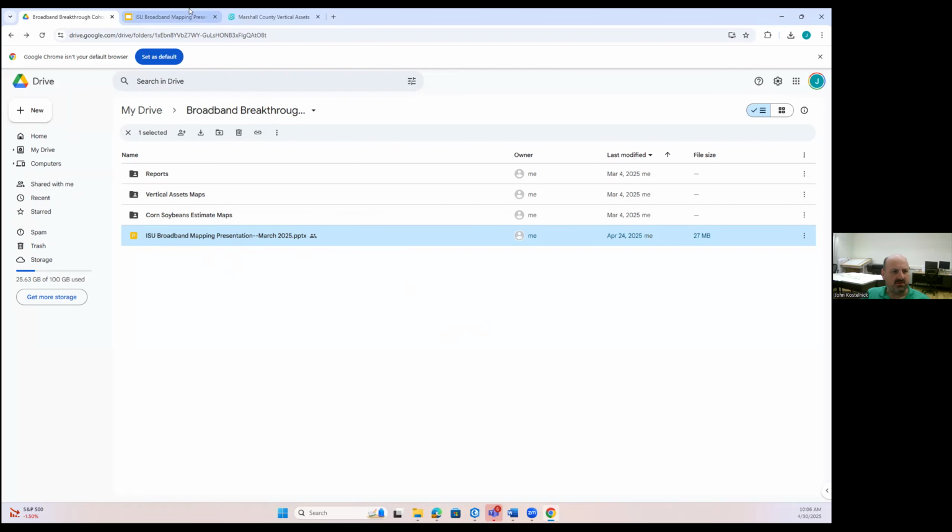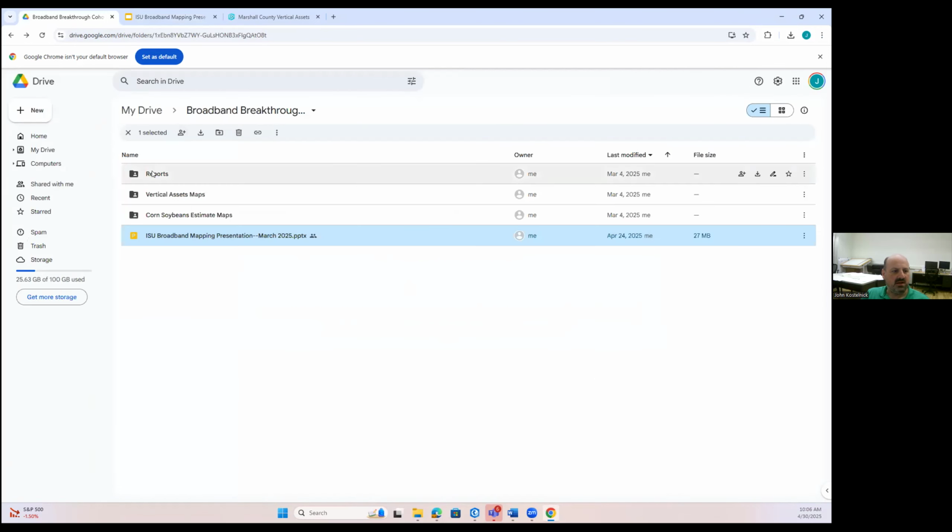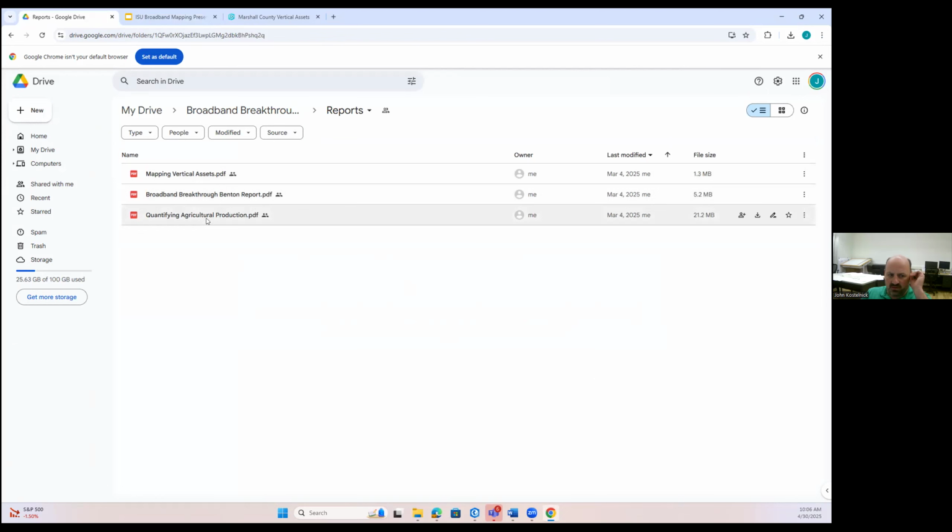I've got the presentation you might remember from back in March, which has some of the details about the mapping products, if you're curious about what you're looking at and how it was created. There are some different reports and things like that, if you want to get into the weeds a little bit more.